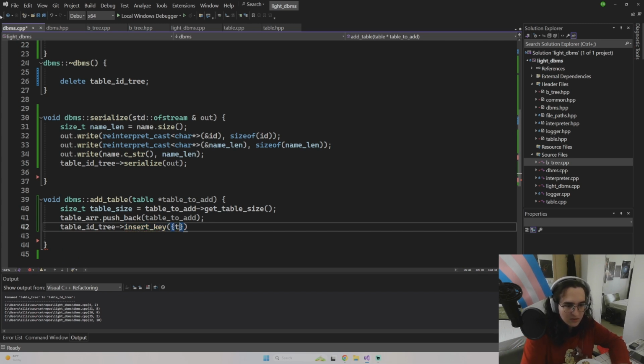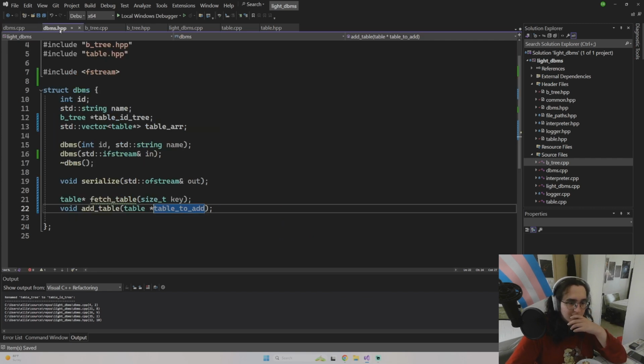And this is table to add dot, where is it? Get ID, right? Get ID and the table size, right? Okay. So we have this. Or should I wait? I think the problem is I probably want to serialize it here when I'm adding. I want to serialize it, so